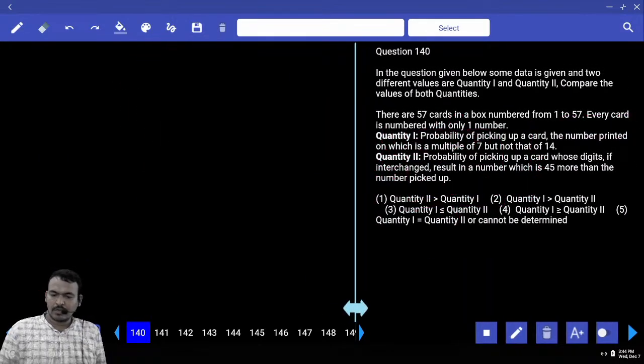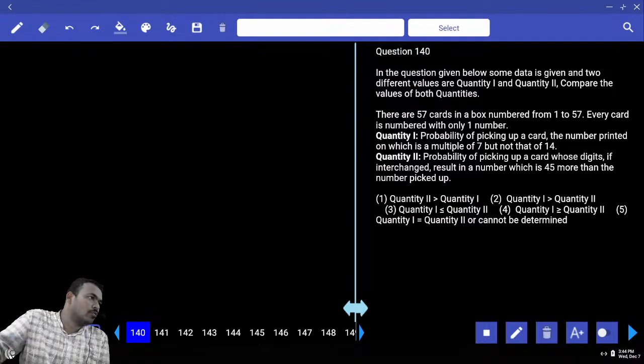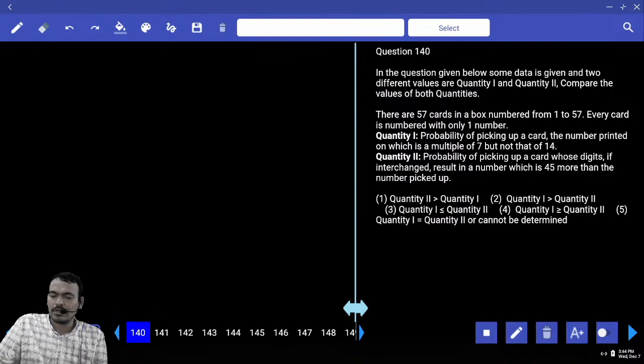Question number 140. How many cards are there? 57 cards in a box numbered from 1 to 57. Every card is numbered with only one number, meaning 1, 2, 3, 4, 5 and so on up to 57. What is the first quantity? The probability of picking up a card, the number printed on which is a multiple of 7, but not a multiple of